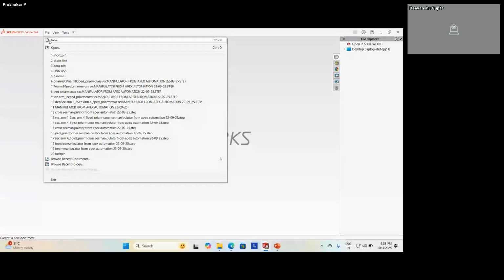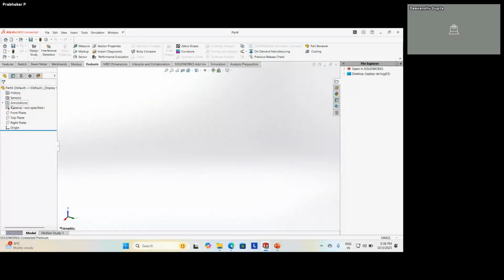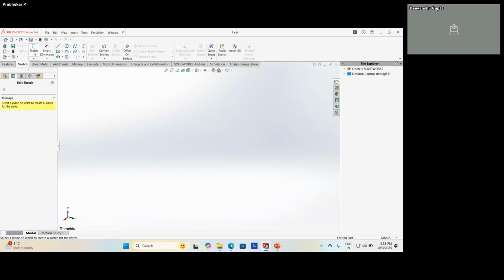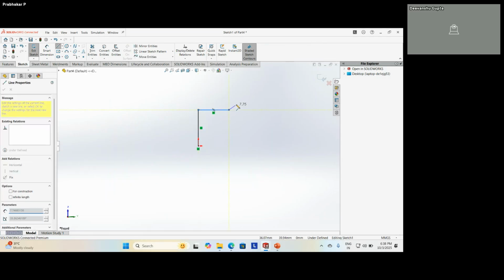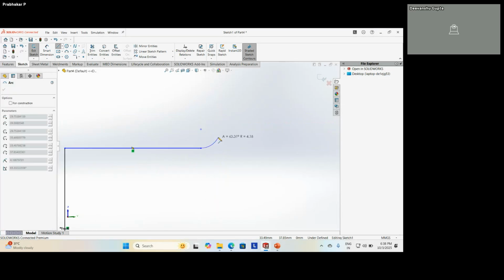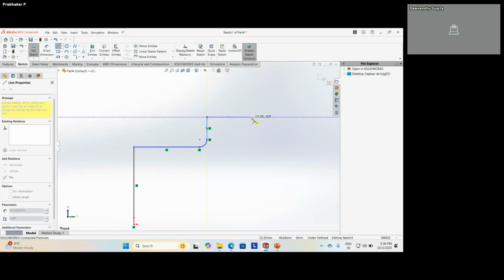I go to File, New Part, double click and enter. Then I select the front view. As I told, for creating the radius, you just come back and touch it here. Horizontal line, straight line.